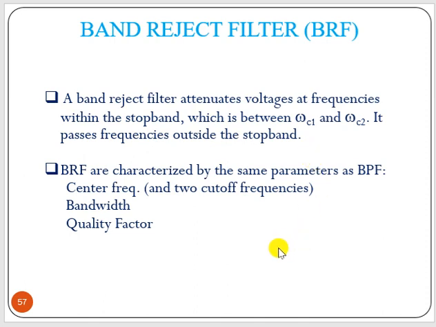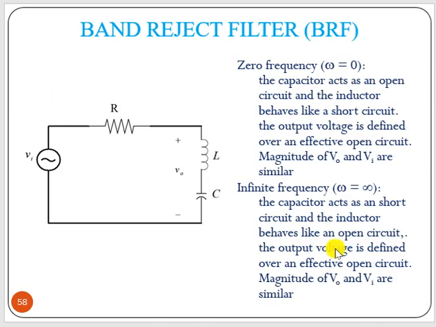Now a band reject filter attenuates voltages at frequencies within the stop band, which is between omega C1 and omega C2, the cutoff frequencies. It passes frequencies outside the stop band. So it also has center frequency, cutoff frequency, bandwidth and quality factor, similar to the band pass filter. Now in the case of an RLC circuit, if you remember, when we take the output from the resistor, with L and C connected here, we get the band pass filter. Now if we take output from this L and C, we will get